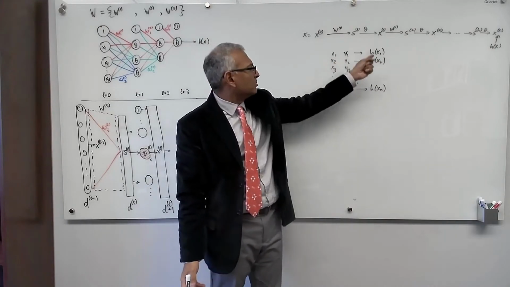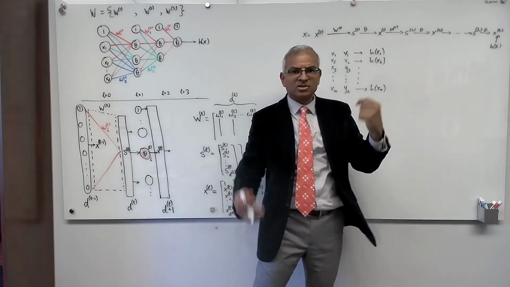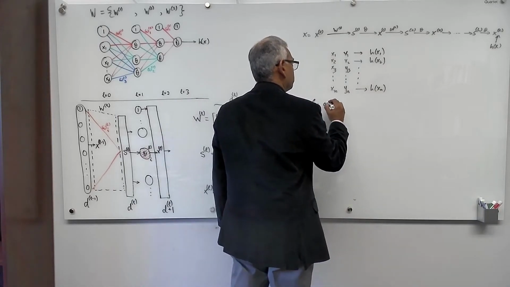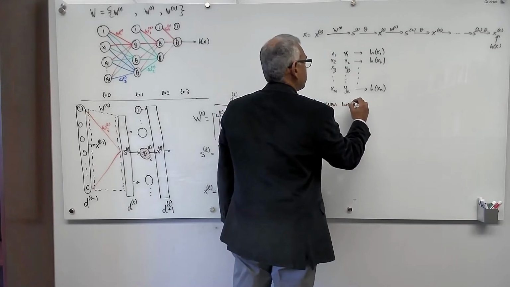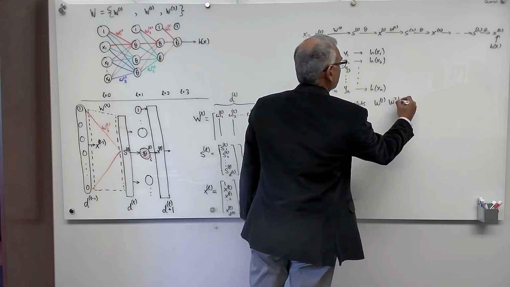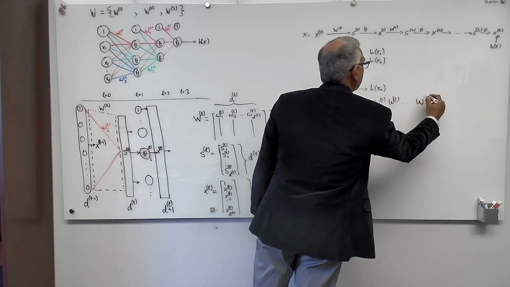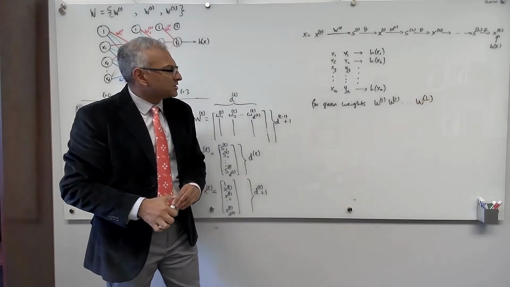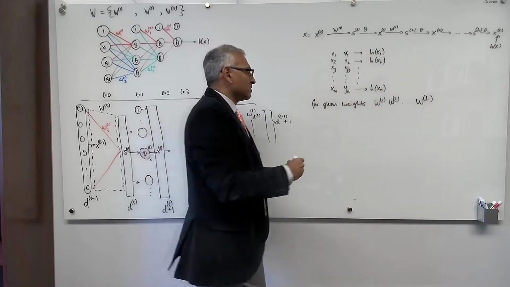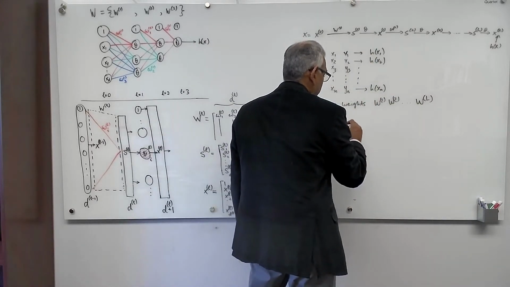And what do I need to compute these outputs? I need the weights. So I'm assuming that the weights are given. For given weights W1, W2 up to WL, we can certainly compute the output, which means that we can compute the in-sample error, En